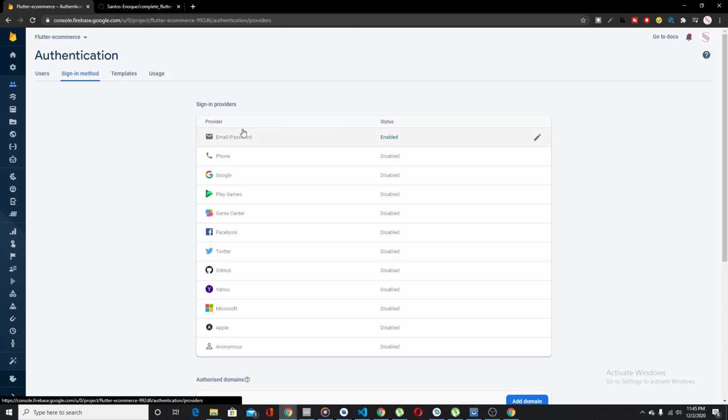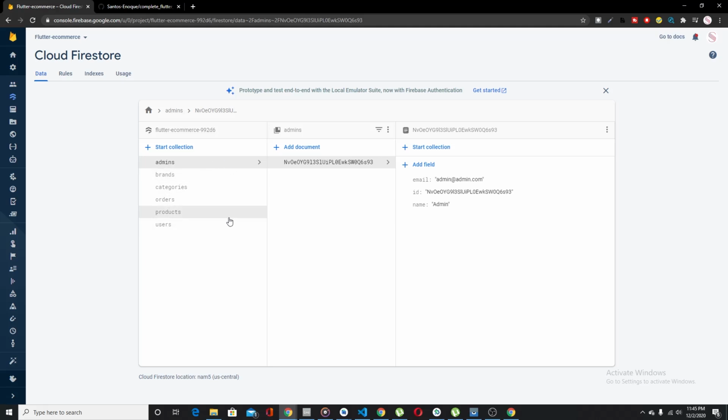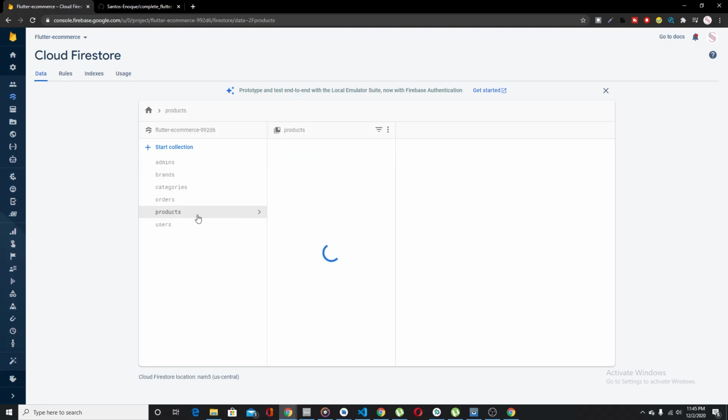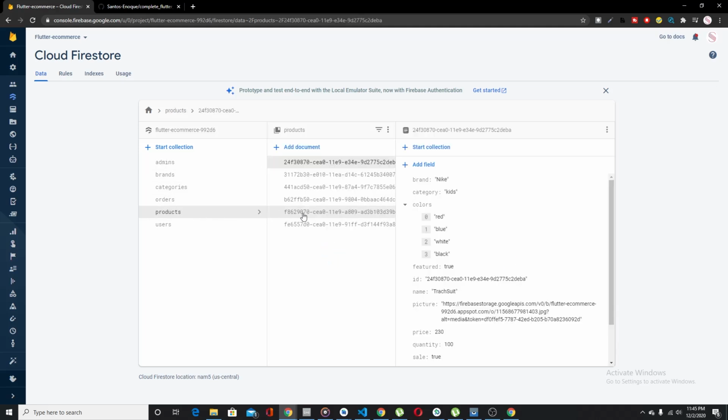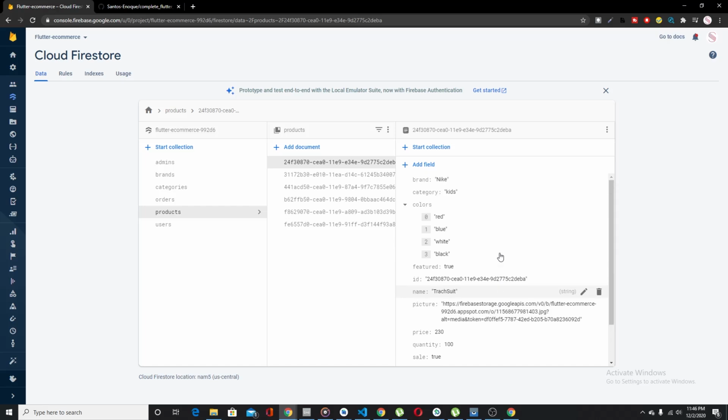storage and Cloud Firestore. But let's go to Cloud Firestore first, which is the database. So coming over here to Cloud Firestore, you don't have to worry about copying any of this, because of the way our mobile app is structured, this is going to be created automatically, except for the products, right? And this, unfortunately, you'll have to create manually. So you can pause the video and take a look at this. Just having 2 products is going to be enough,